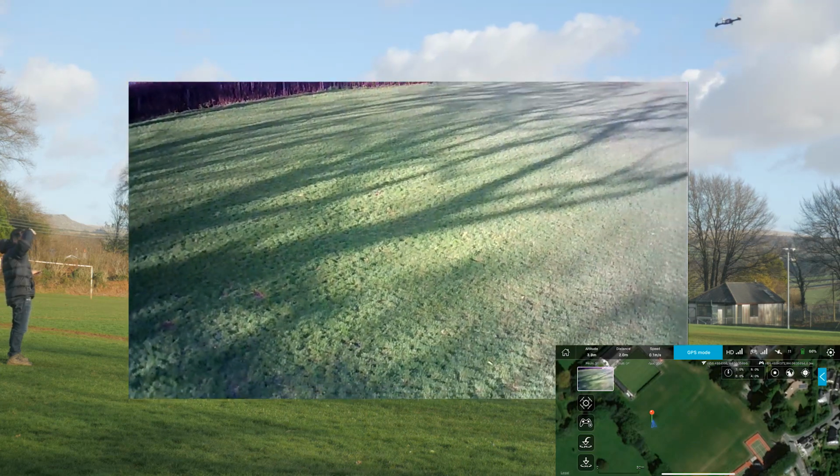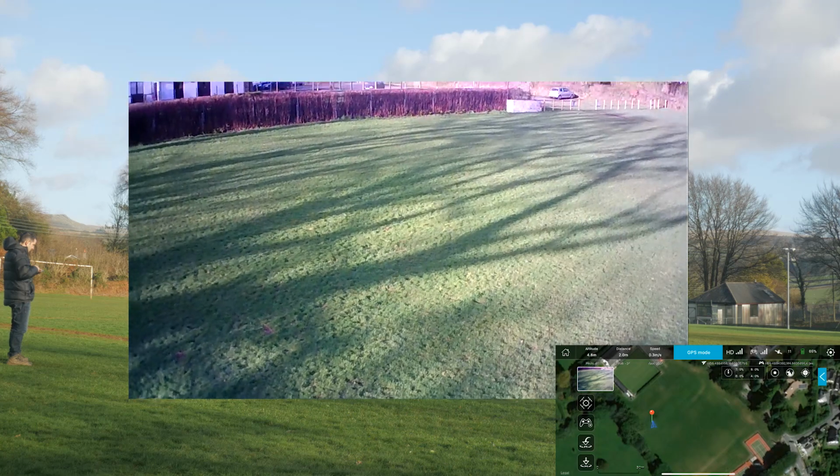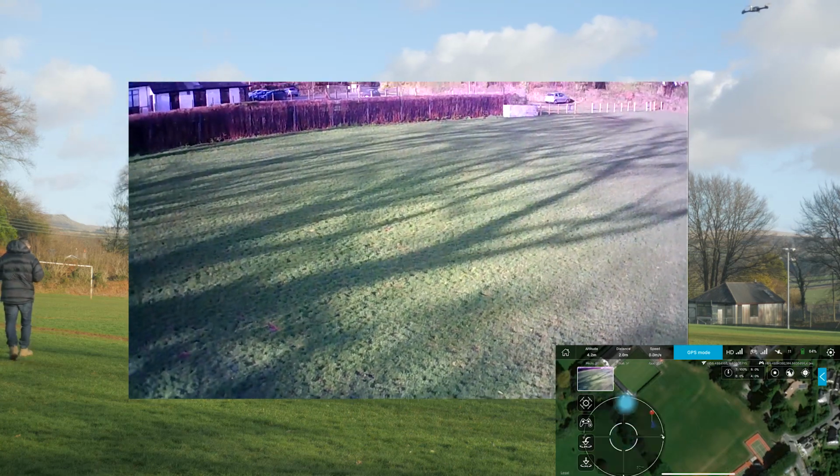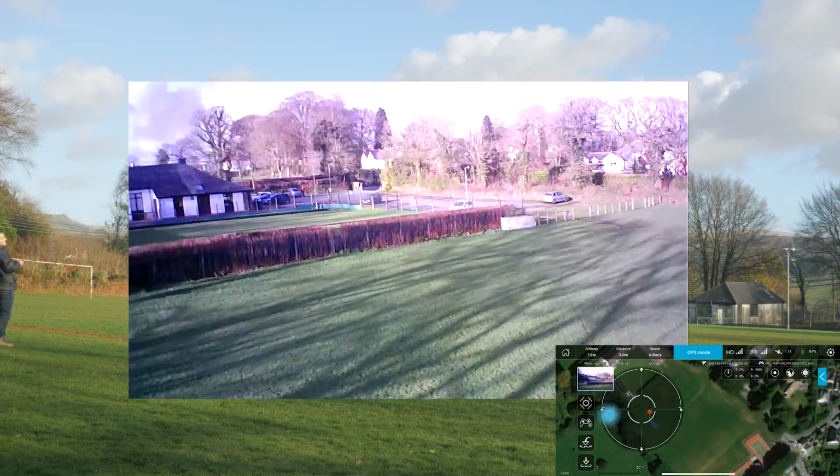Live streaming to your smartphone works surprisingly well and is one of the best features of the drone. It's fairly low resolution and there is some stuttering and lag, but it's good enough. The Wi-Fi link is reliable and I didn't lose the connection even once, although I tried to keep it within